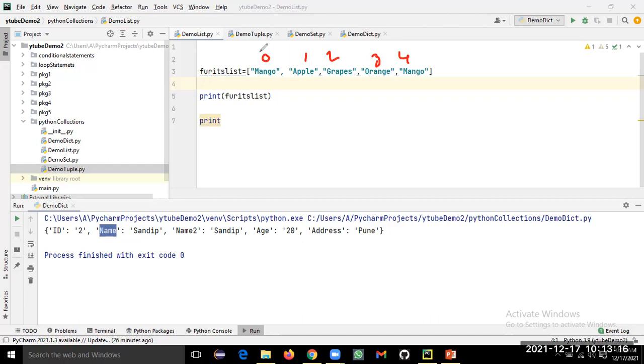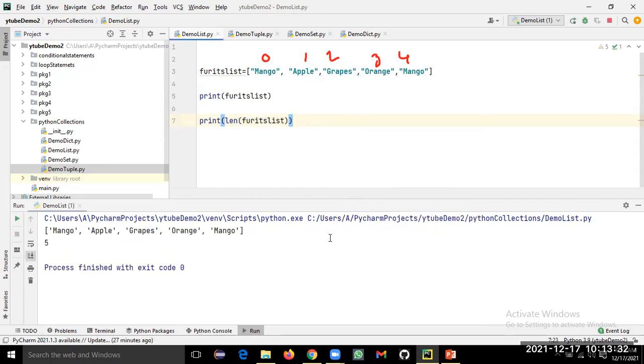Now the length of this total list is 5. So how to access that length? There is a length function. You have to use len, and whichever list you want the length of. When you run it, you can see the length is 5, but the first index is 0.